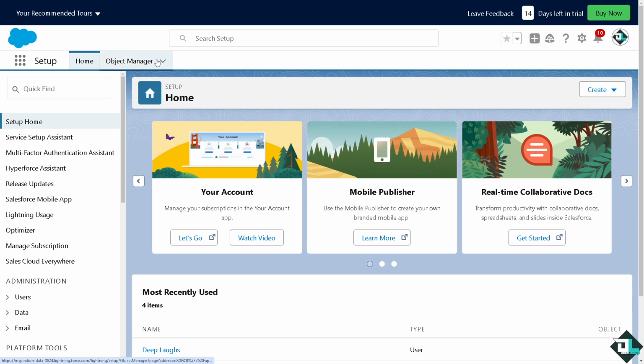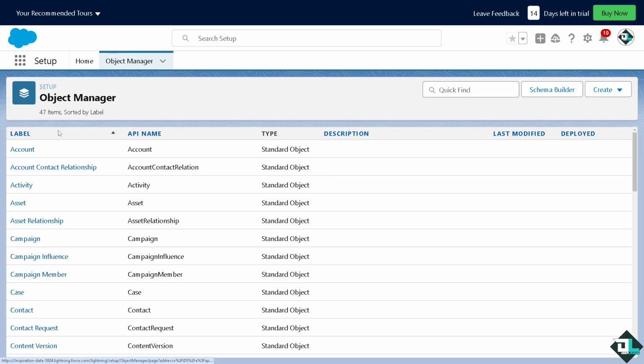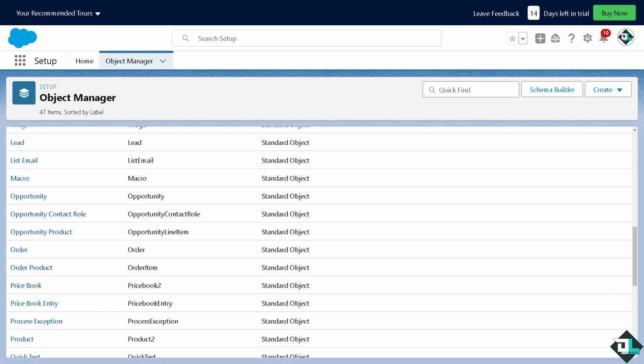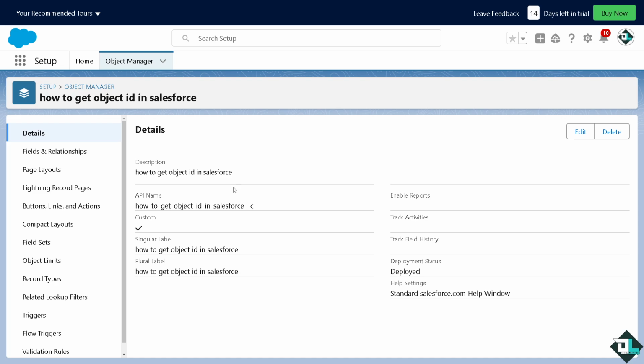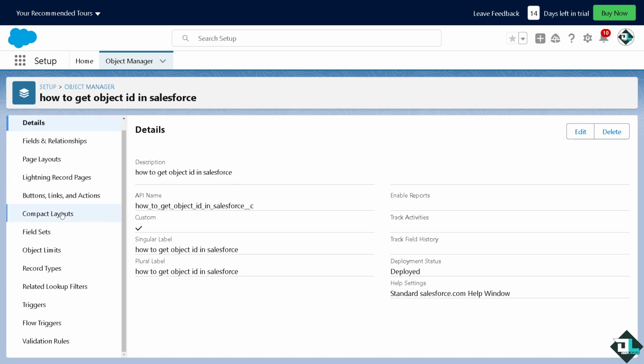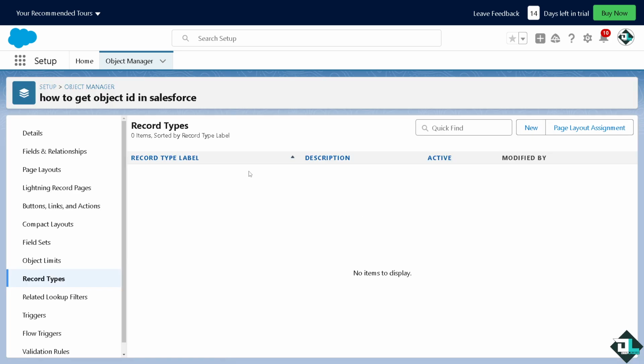Now click on Home. Click on the Object Manager. For example, you're looking for the object here. This one, if you click on it, this is going to be, and then here on the left side, there's an option that says record types. You see there's going to be no